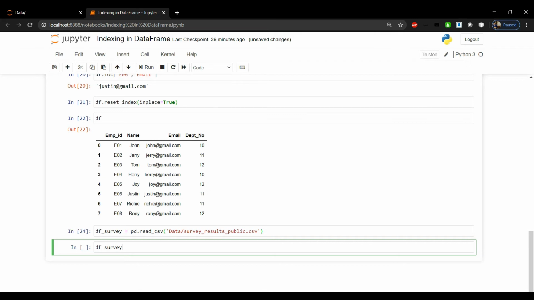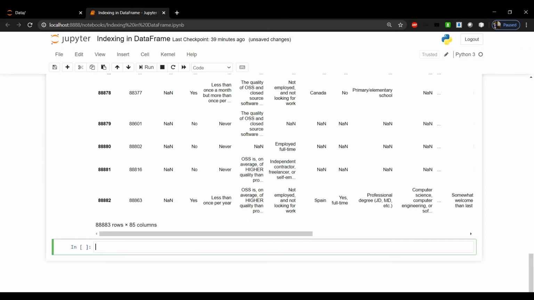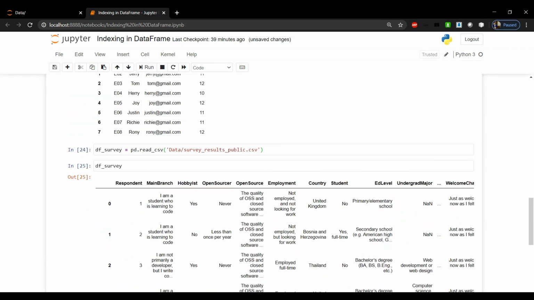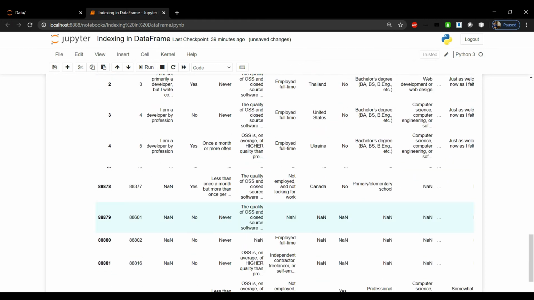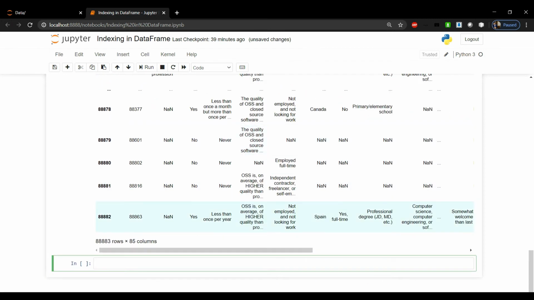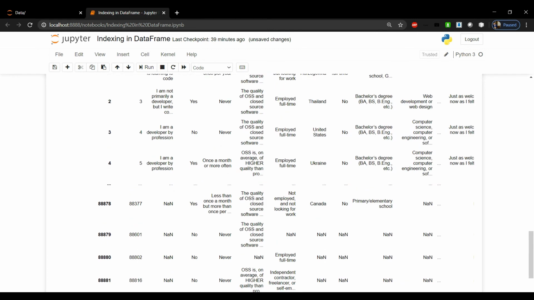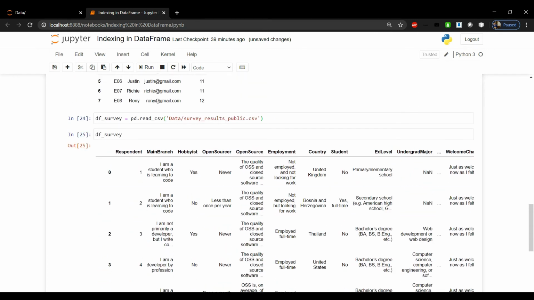Now let's print the df_survey here. Okay, so we have the df_survey here, but some of the columns are not visible and not all the rows are visible. So we are not going to print all the 88,000 rows, but I want to see all the columns.